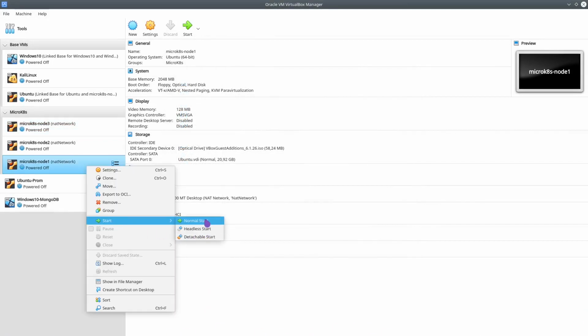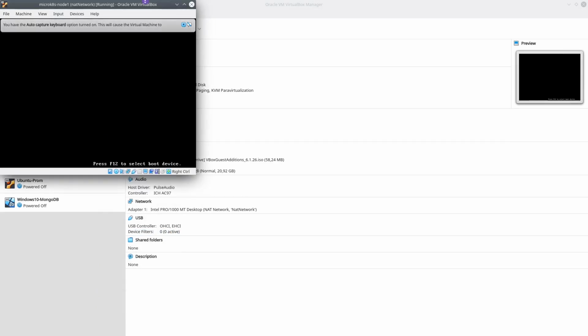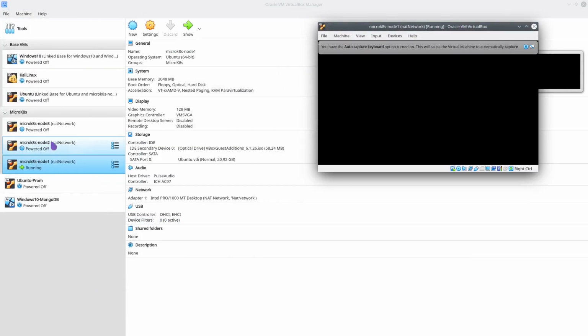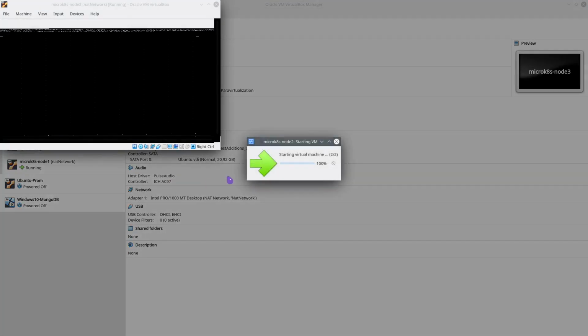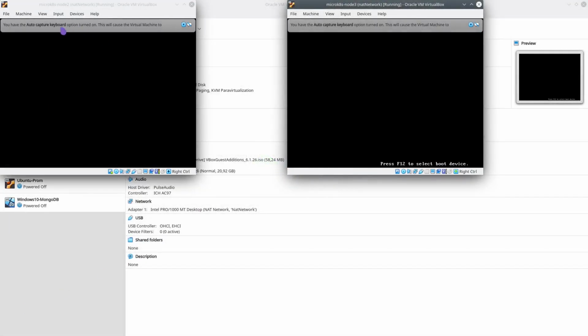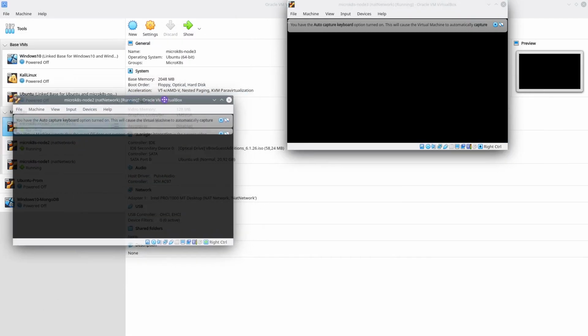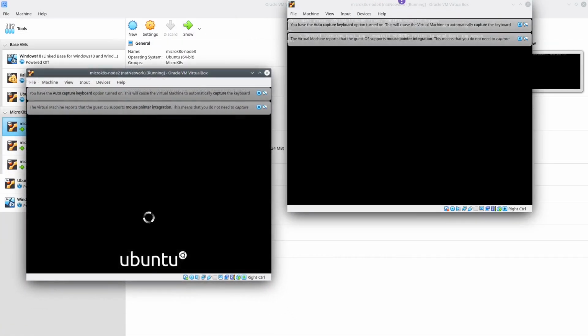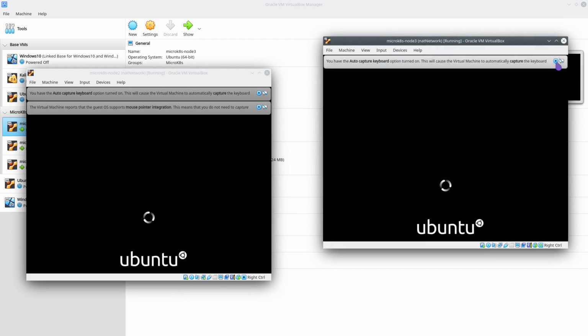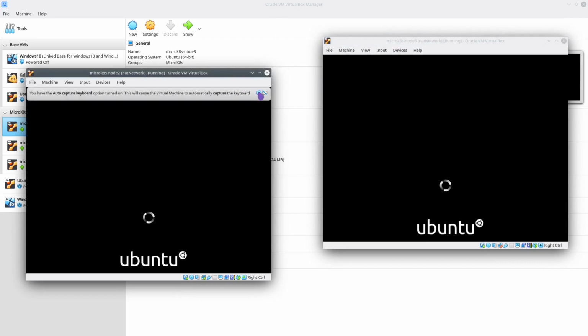Meanwhile, these VMs are powered on. Let's check which IP addresses are assigned.